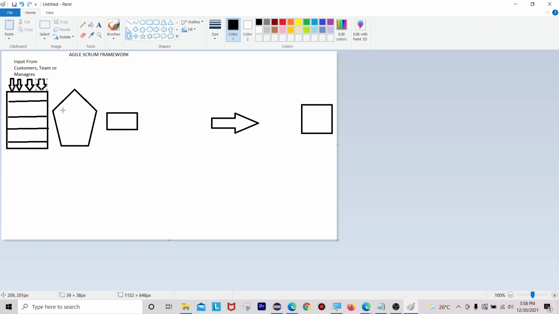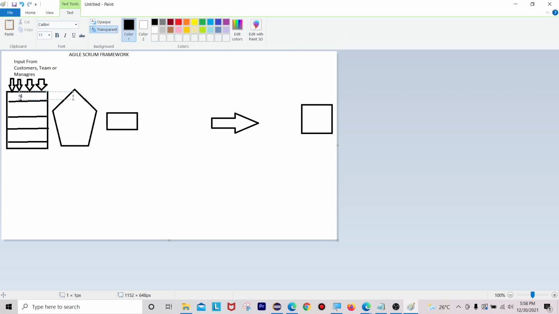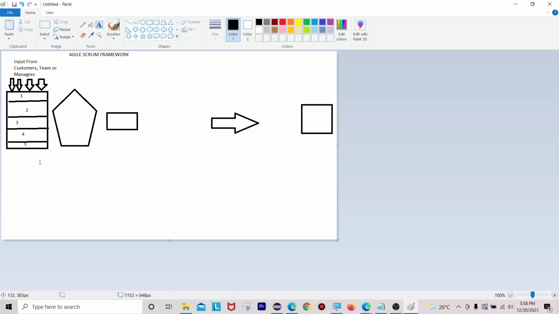The next one is, for example, you can say this is 1, this one is 2, this one is 3, this one is 4, and this one is 5. The next step is, what about this one here?